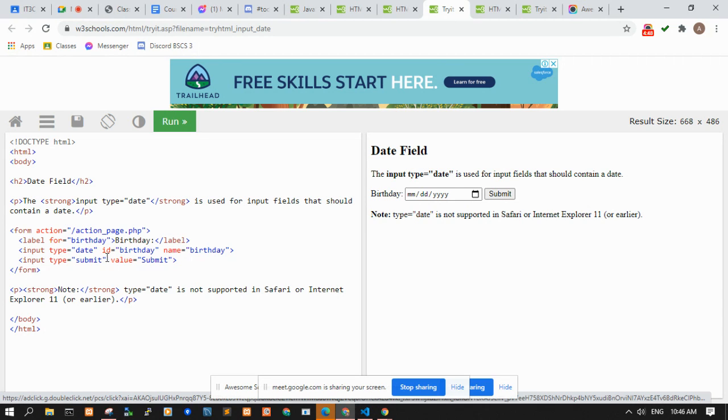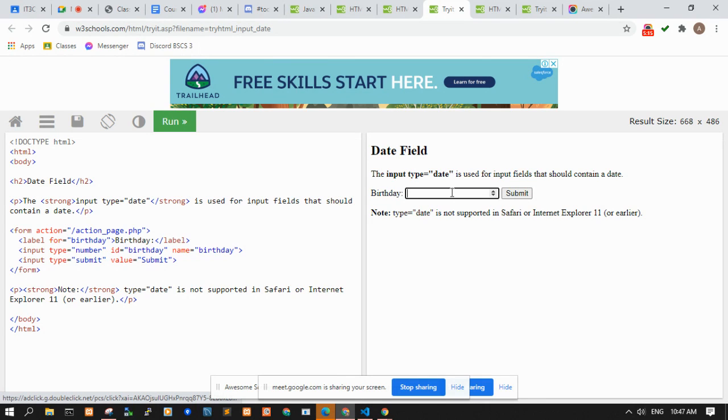So yeah, you can have input type date, you can have input type number. These are special input types that help you with your front end validation. In web apps, in websites, we have two types of validation: front end and back end.